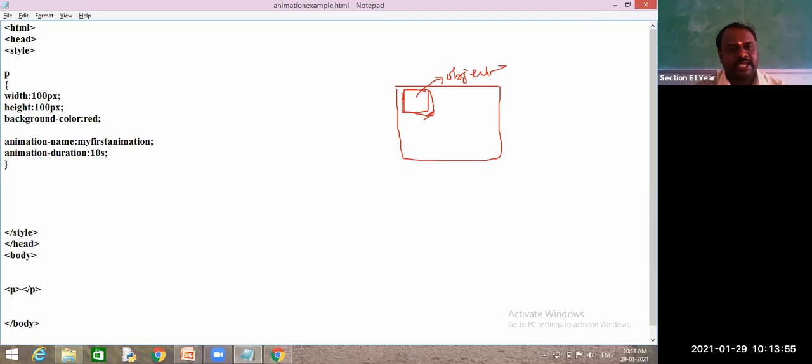So within this 10 minutes, what do I want to do? This is my requirement. What is my aim? My object, which is initially present at the top left corner, I want to move to the top right corner. For the time being, I want it to be moved. So for that, I will start off writing.